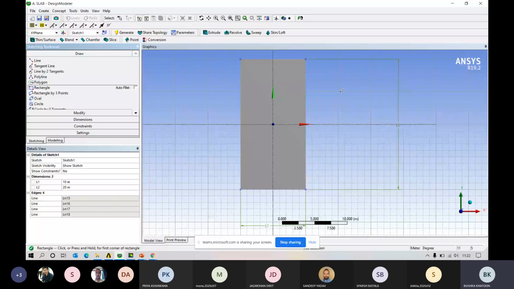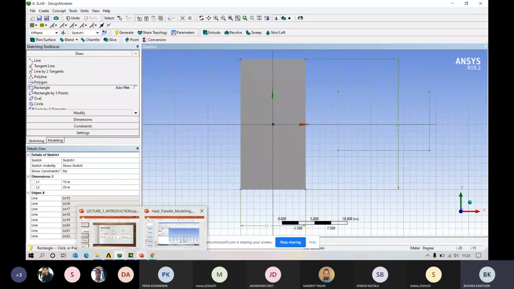Okay, so to draw your rectangle, put your pencil at any point in the xy plane and drag in any direction. You can see your sketch is created, that is a rectangle. Okay, in the next step what you have to do,